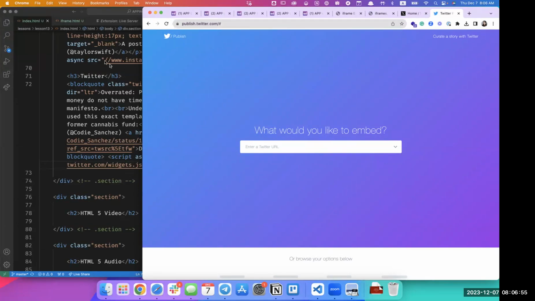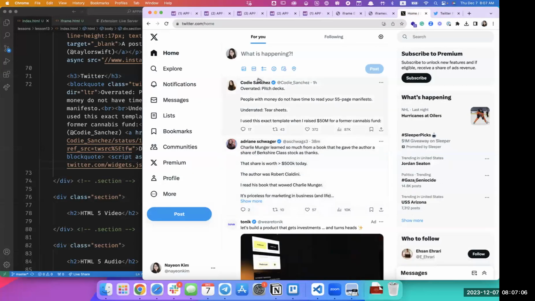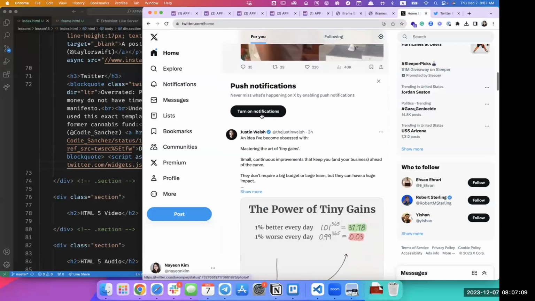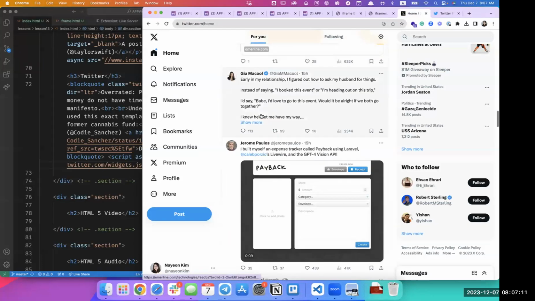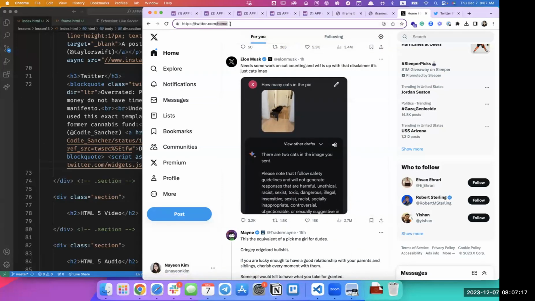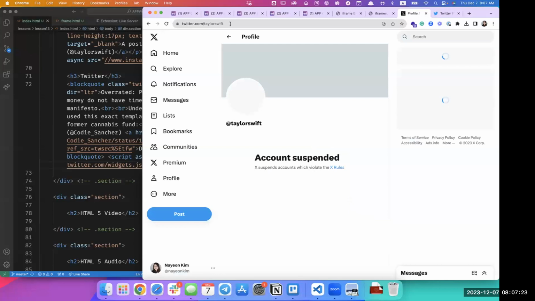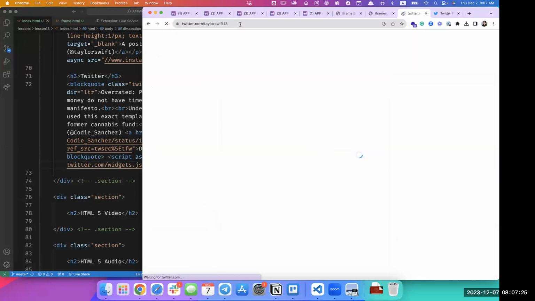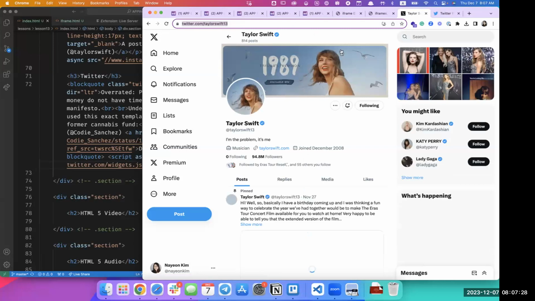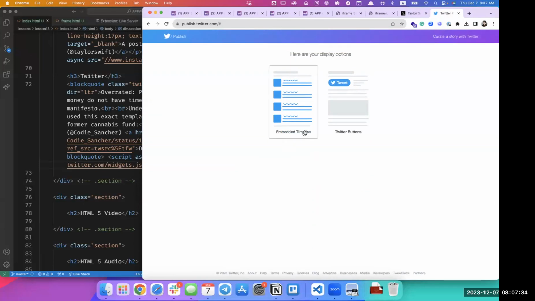So you can go to publish.twitter.com, right? Publish.twitter.com. And then you can even, let's say there's somebody we want to, I'm trying to find some good example here. Maybe let's do Taylor Swift here. I think it's Taylor Swift 13. All right, maybe this is Taylor Swift's Twitter, and I put her URL, and then you can also embed